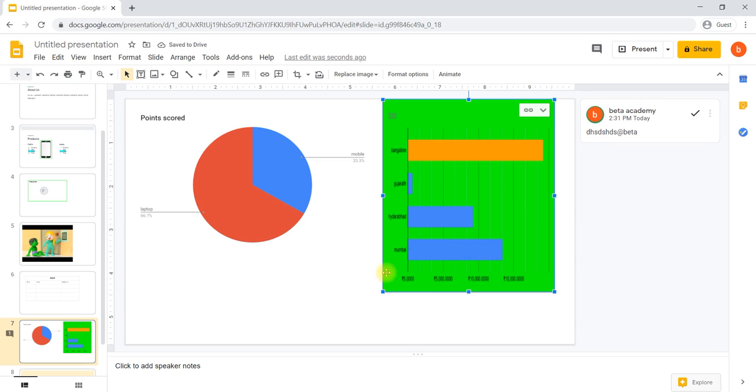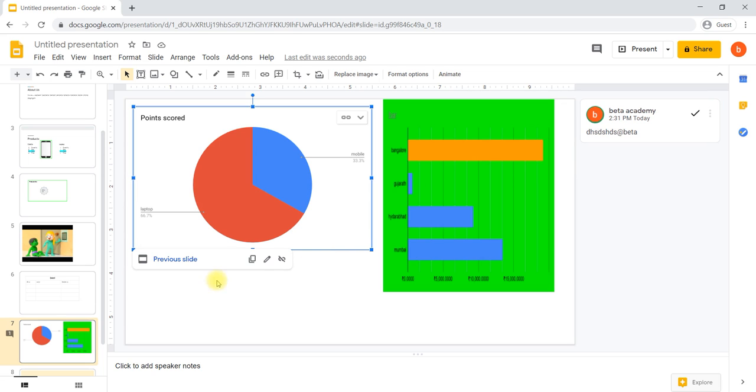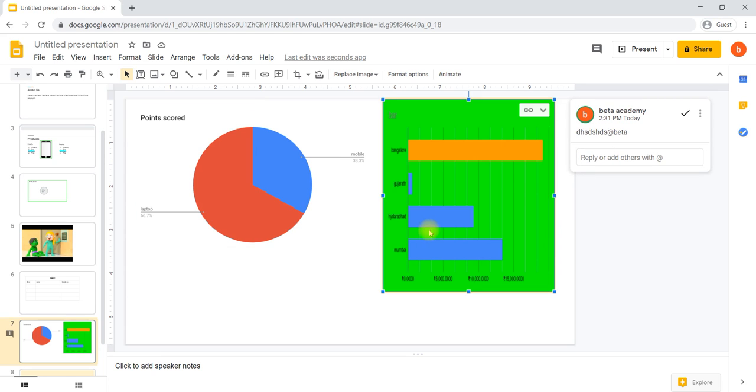Okay, for example, the person who opens this particular presentation will read that comment, to whom it has been addressed, and again he can reply back to that particular person who has already commented, his answer can be replied back. Okay, this is about inserting a link and inserting a comment.